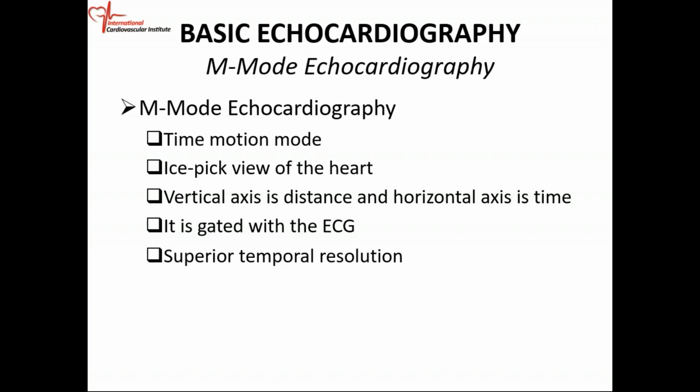And the difference between displacement and distance is that displacement is a vector quantity, whereas distance is a scalar quantity. So when we talk about displacement, it is distance with a direction. That's the only difference. So we use M mode to measure displacement. Again, the vertical axis is your displacement axis, and the horizontal axis is the time axis. Everything we do in echo is gated. That is, it's either systole or diastole.